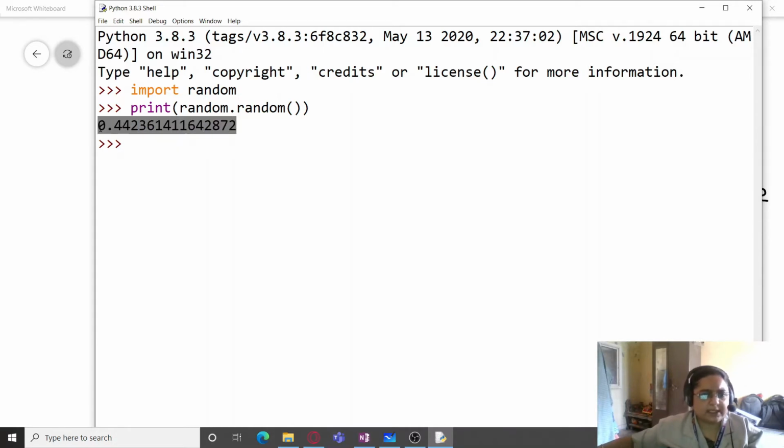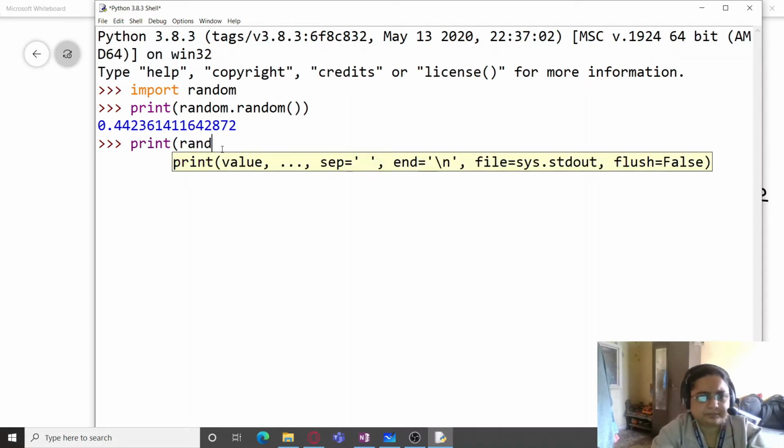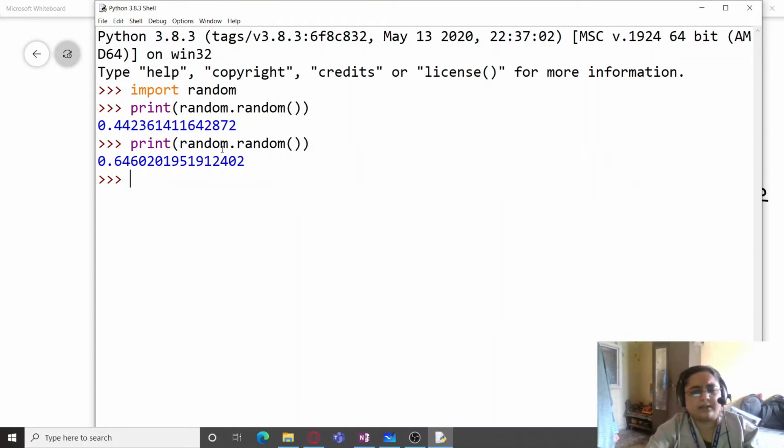So this is a random number which is randomly generated. Next time when you execute the same program, it will generate some other random number. Every time you execute the statement, it is going to generate a different random number.